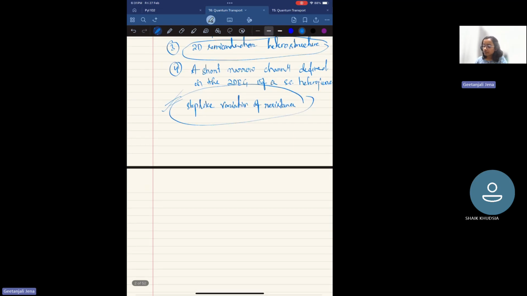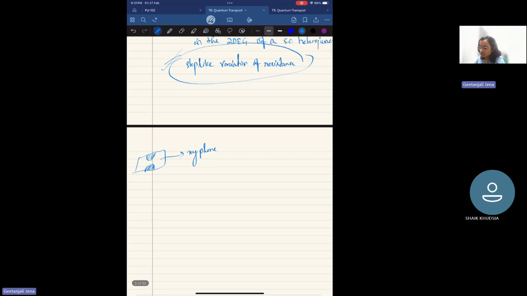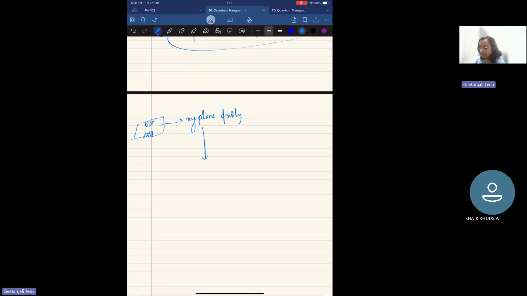So if you have no gate voltage, we have a point contact. We have a 2D electron gas, and then we have made a constriction around it. If we don't apply any gate voltage through this constriction, what will be the transport? The transport will be free in the XY plane. Whatever the energy levels of this 2D electron gas, these electrons will travel and transport freely in the XY plane. Now, when we apply a gate voltage,